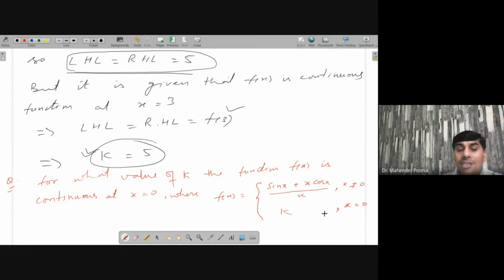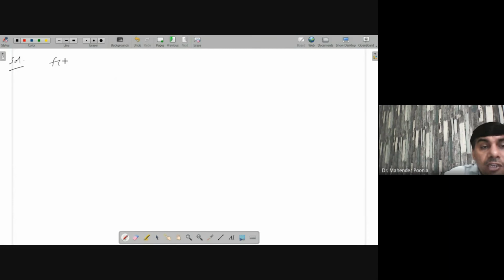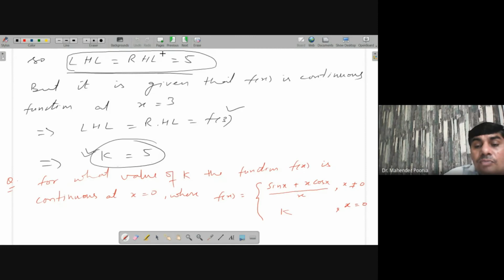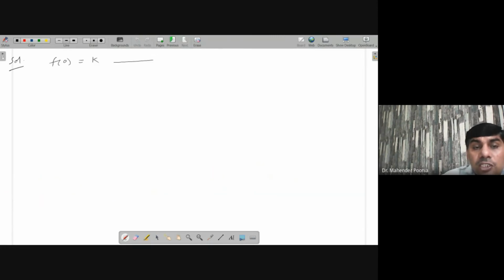Right? In this question, the function is given that f(x) is equal to sin x plus x cos x divided by x when x does not equal 0, and the value of the function is k when x is equal to 0. According to the question, f of 0 is equal to k, because when x is 0, the function becomes k. So f of 0 is equal to k. Right? Put it in equation number 1. In the next step, we have to find the left hand limit. Limit x tends to 0 negative,